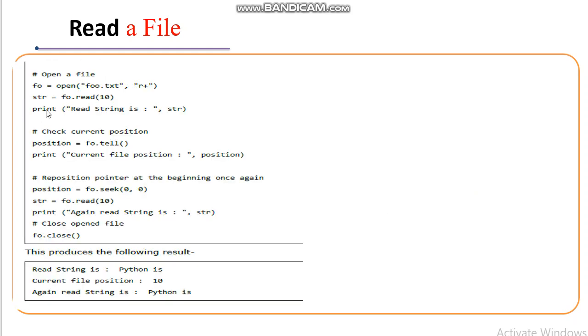For example, see here we have opened a file, that is fo equal to open foo.txt in read mode, and string equal to fo.read(10). We have to read 10 characters and print the 10 characters here. And the fo.tell method is used to know the current position. So position is equal to fo.tell, print the current position. And next again what we are doing, position, seek is used